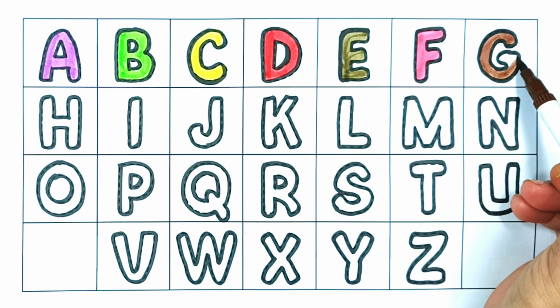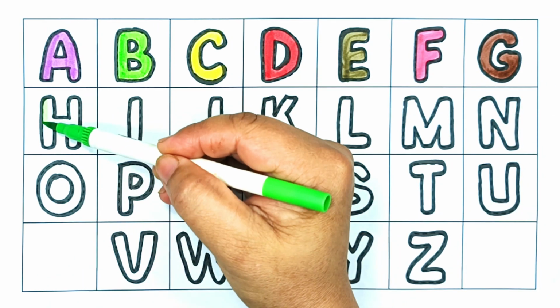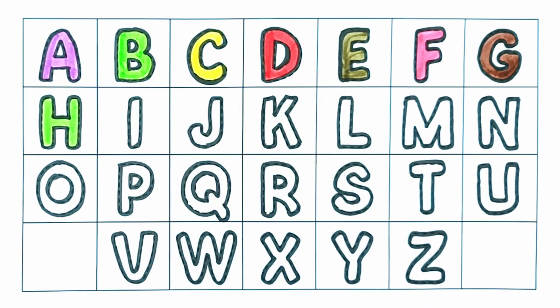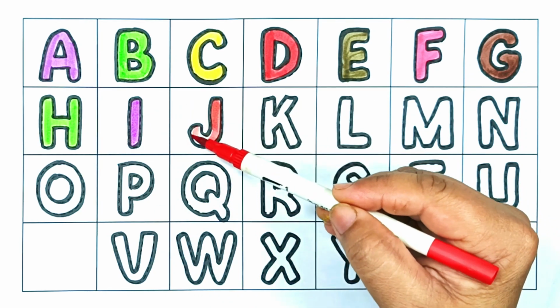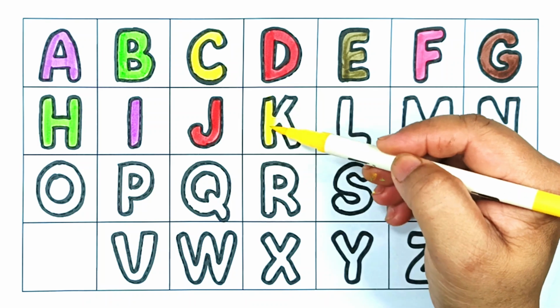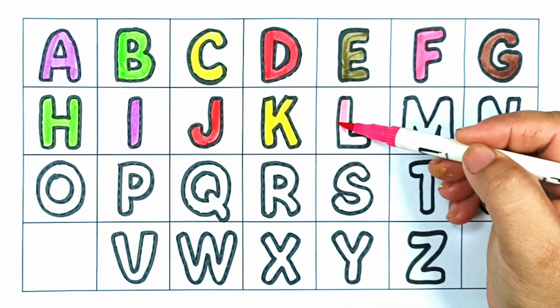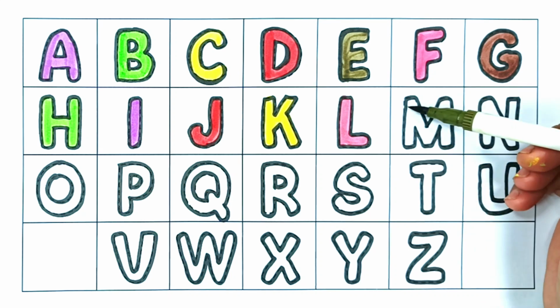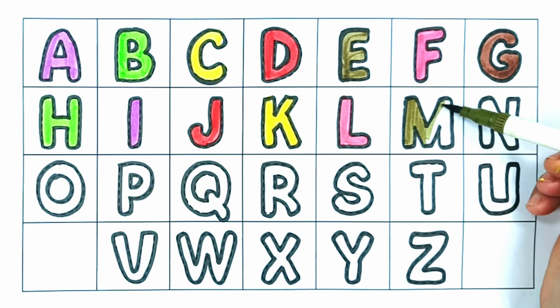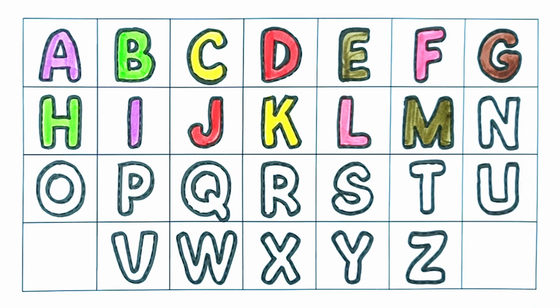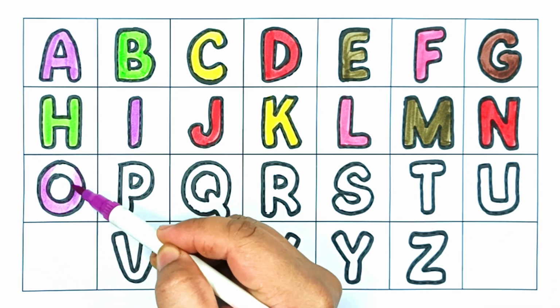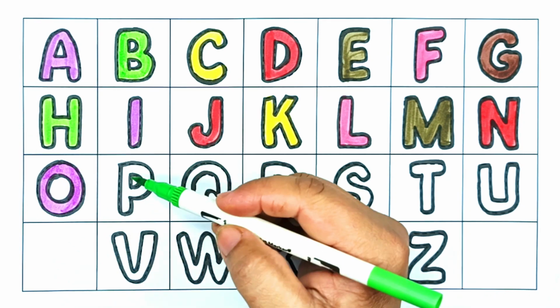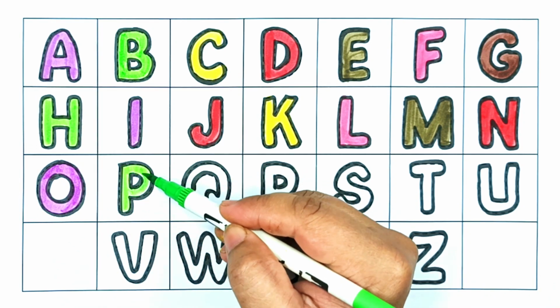G for glass, G for glass, H for hat, H for hat, I for igloo, I for igloo, J for jam, J for jam, K for kite, K for kite, L for lamb, L for lamb, M for man, M for man, N for net, N for net, O for onion, O for onion, P for pen, P for pen,